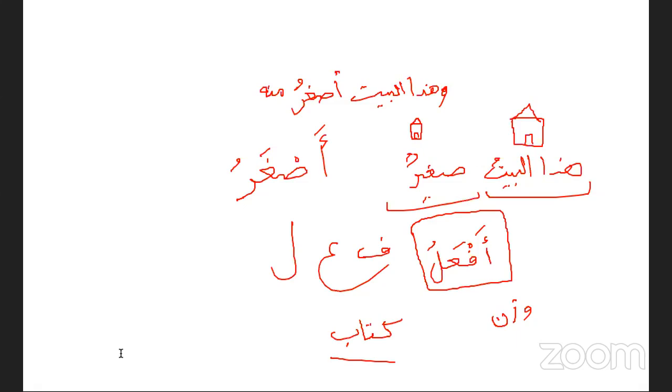The second thing to know about it is that it is an ism, it's a noun. That's why it's called ism al-tafdil, the noun which is used to compare things, the noun of comparison. Okay? And the third thing to know about it is that when